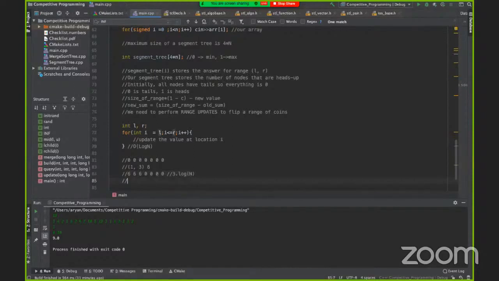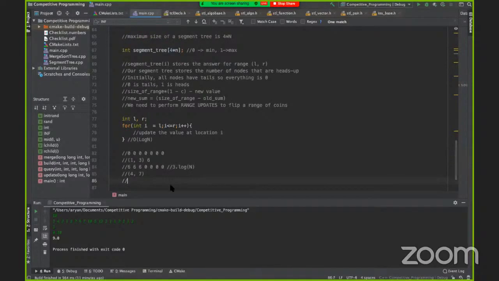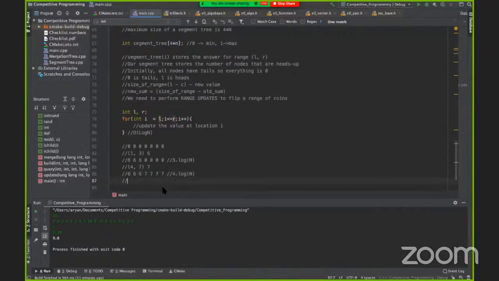Now let's say we have to update 4 to 7, assuming our own method, adding 7. So you have 6, 6, 6, and then 7, 7, 7, 7. The time complexity for this would be 4 into log n. Then let's say we're updating 2 to 5 with the value 3.